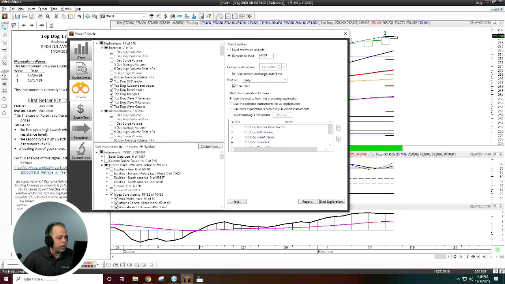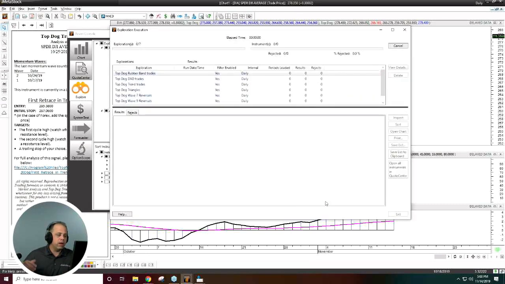If I wanted to have it run all 7 of those scans against the S&P 500, I can just select the whole S&P 500 here. There's a list of the optionable securities that are available as well, so if you wanted to scan all of the optionables, you can do that. I'm going to go ahead and start the scan. It'll chunk through that data and run all of those scans. I don't think I'm going to let it complete, but you'll notice it's going pretty fast through those 500.